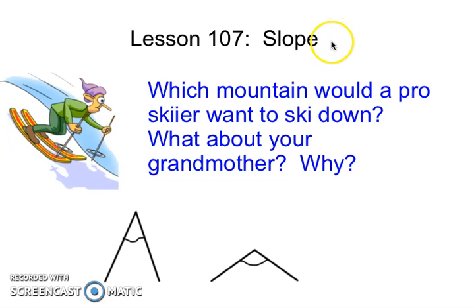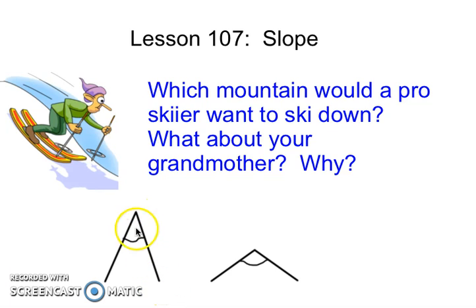With slope, what I want you to see, I've got two mountains here, right? Look, one's much taller and steeper than the other one, and the other one's kind of flat. So if you were a pro skier, which mountain would you want to ski down? And what about if you are an old, frail grandmother? Which mountain would she want to ski down if she were to ski at all? Pro skiers obviously are going to go for this one. Grandmothers, if they don't go for nothing, they're going to go for this one because this mountain is a lot